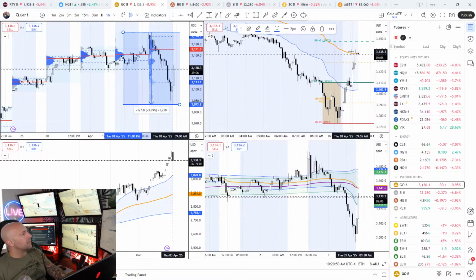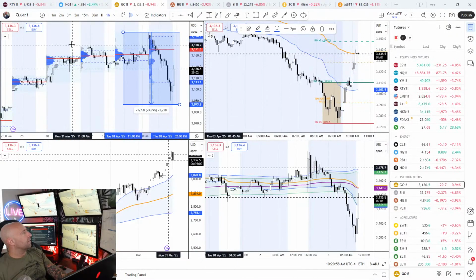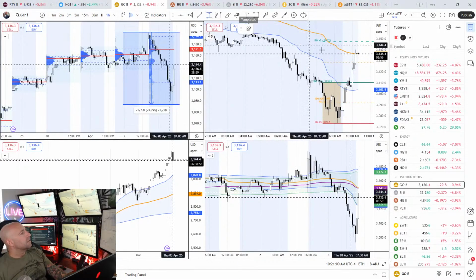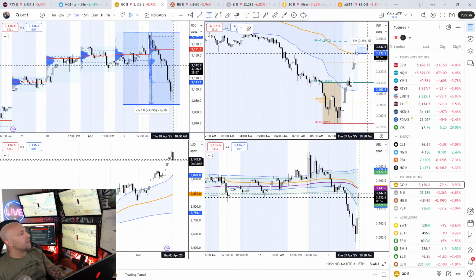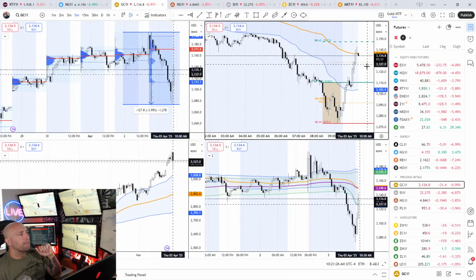So this is a hard trade to take. It's a setup, and it's still probably going to give a nice trade, but it went through the session VWAP by 60 ticks. So if you didn't have really small size, it'd be really tough to hold on through that. There it goes.